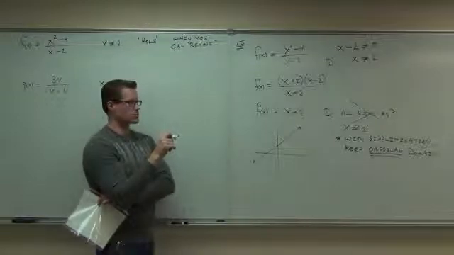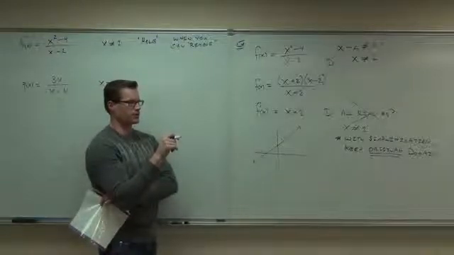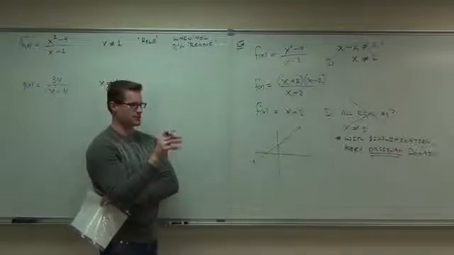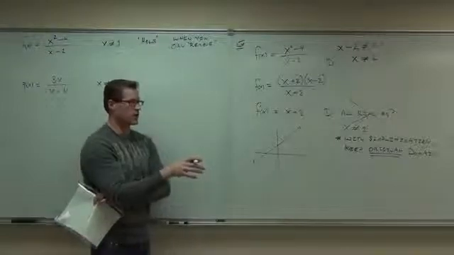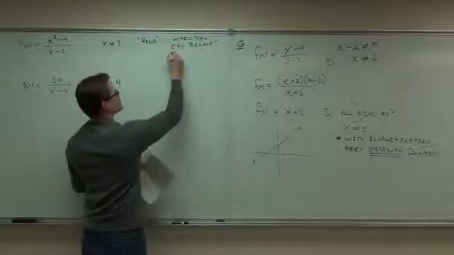With radicals, it'd be very hard to factor that out. Maybe. I don't know. I'll have to do some work on that. I'll get back to you on that one. But with polynomials, absolutely, because if you plug in a number and it is a 0, that's automatically a root, which means you can factor x minus that number out of your equation. That's proven. So when you can remove the discontinuity,